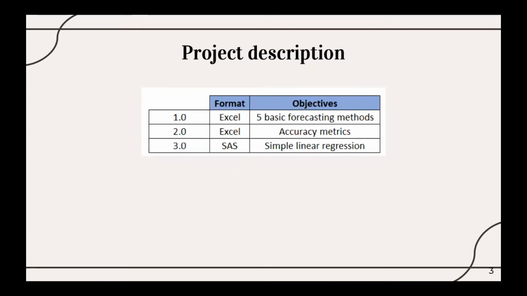The data set of the company was retrieved from Kaggle, and it ranges from July 1st, 2015 to August 31st, 2017. The objective of this project is to provide an Excel file containing 5 basic forecasting models for both branches, accuracy metrics, and a simple linear regression analysis that helps in explaining the variation in weekly revenues for the resort hotels.